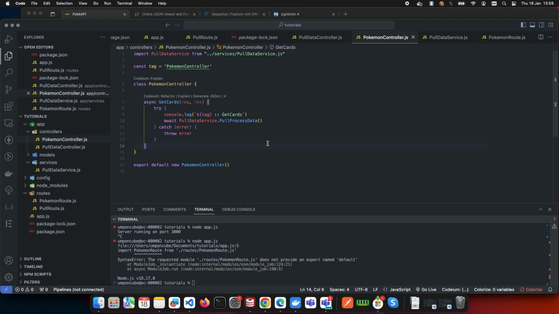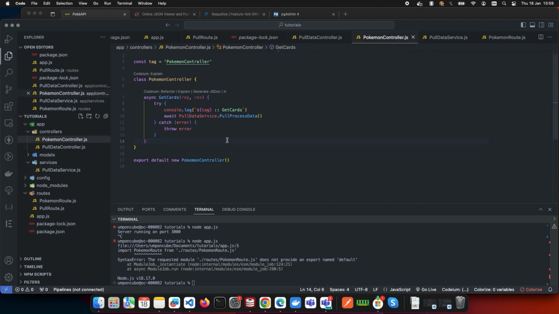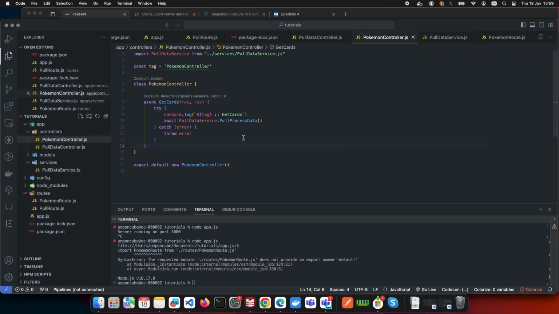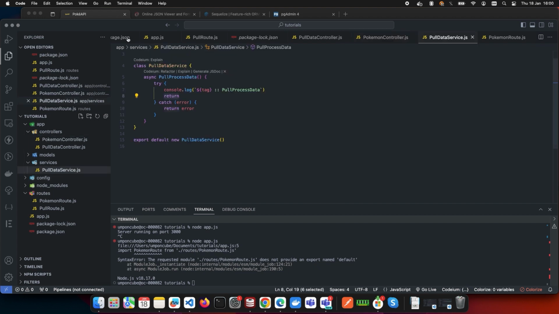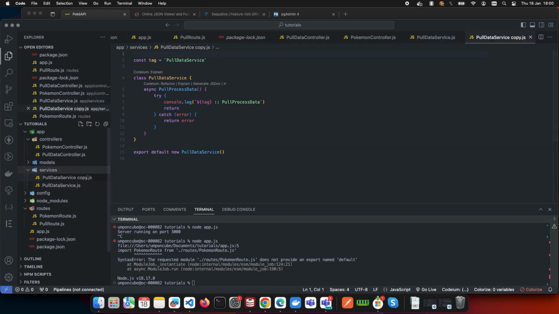The next thing that we want to set up, similar to how we've got the pull data service, we want to make sure that we've got a particular service for our get cards here. Let's see, what can we call it? Pokemon service makes more sense. So this app currently is essentially empty. So this file, let's copy it and we can rename it